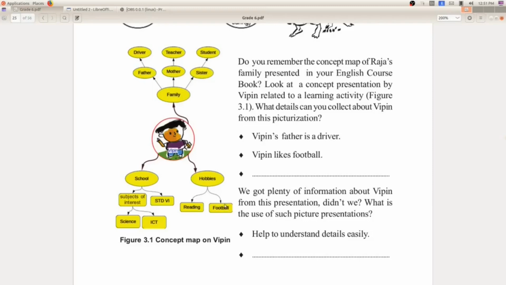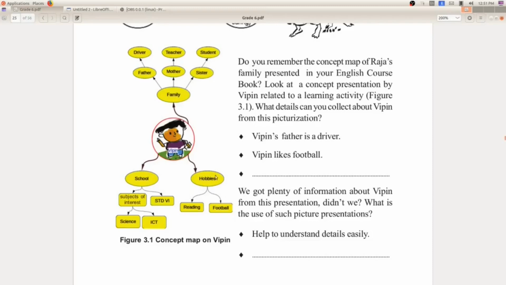So his hobbies concept is also very clear. From this picture we are very clear about his family concept, school concept and hobbies concept. So this is the use of LibreOffice Draw. We can draw pictures like this using LibreOffice Draw to make the idea very clear.